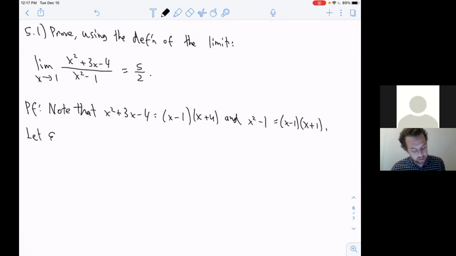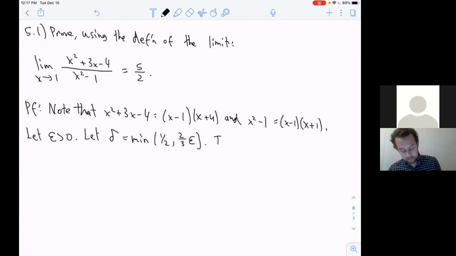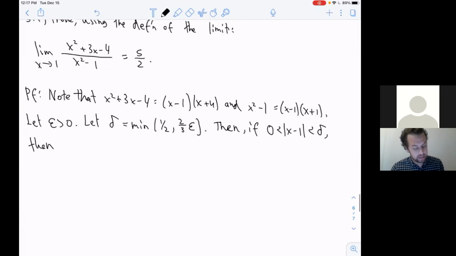So let's let epsilon be greater than 0, and let delta be the minimum of 1/2 and 2/3 epsilon. So delta is always going to be a minimum. The 1/2 is going to help us kind of bound something, and then the 2/3 epsilon is what we're going to get at the end. But as usual, we could figure this out in reverse. So then if the absolute value of x minus 1 is less than delta and not 0, then